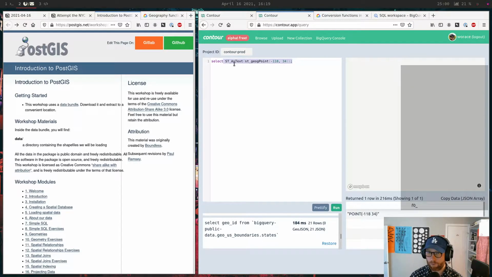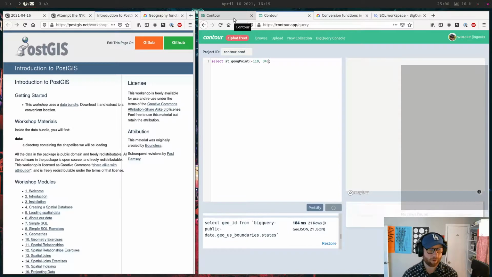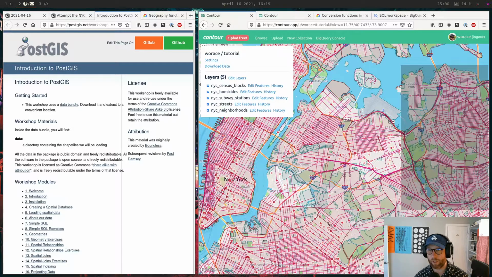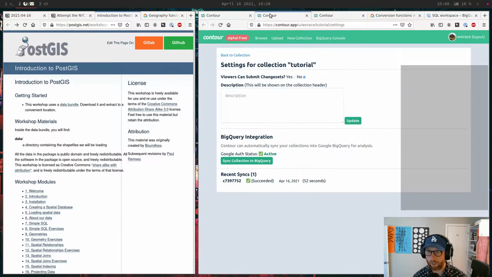The premise today is that I think I have enough stuff in this BigQuery interface that we might actually be able to do it. The biggest thing I worked on off stream between last week and now is a way to sync this into BigQuery. I spent some time earlier today uploading a bunch of files to get them into this data set. Now you can sync this in, and it'll go into BigQuery and create a data set and everything.